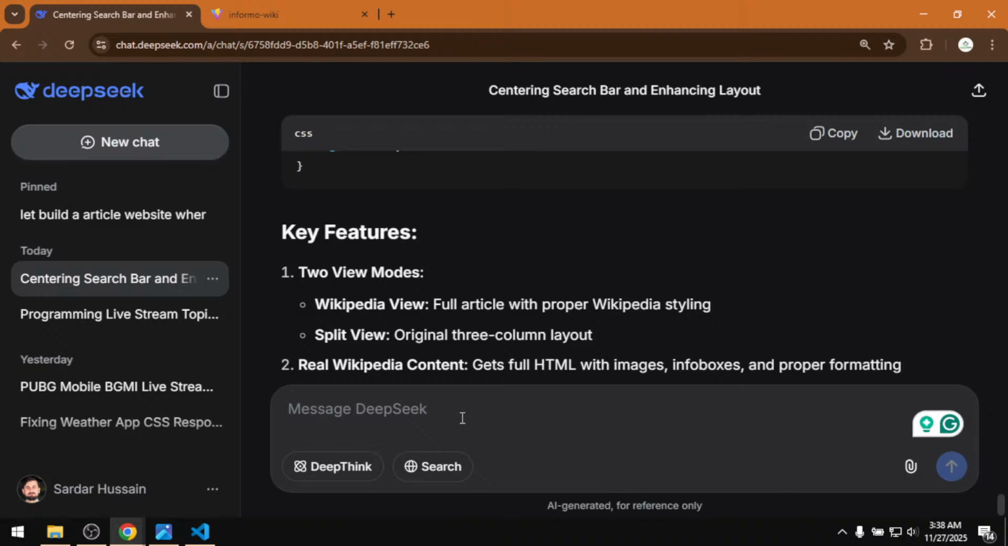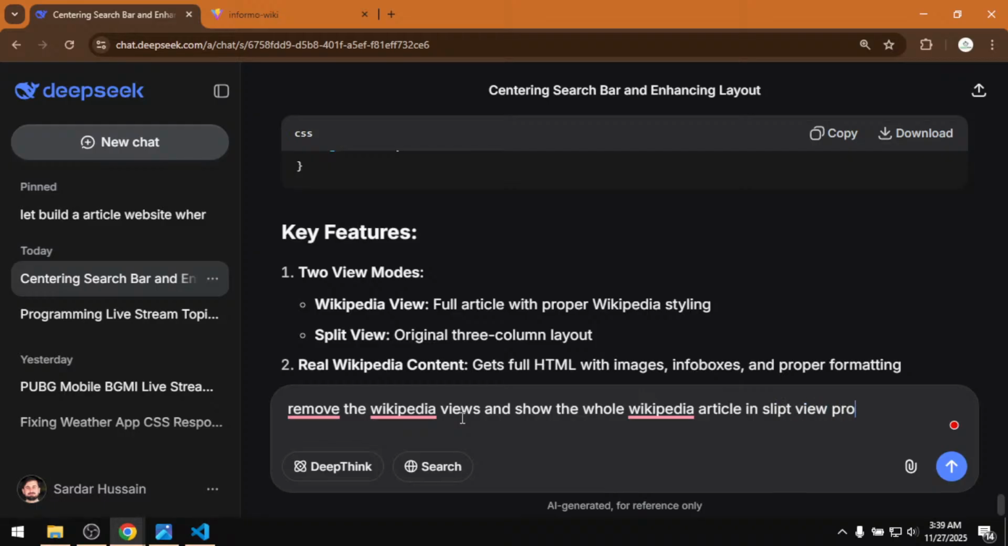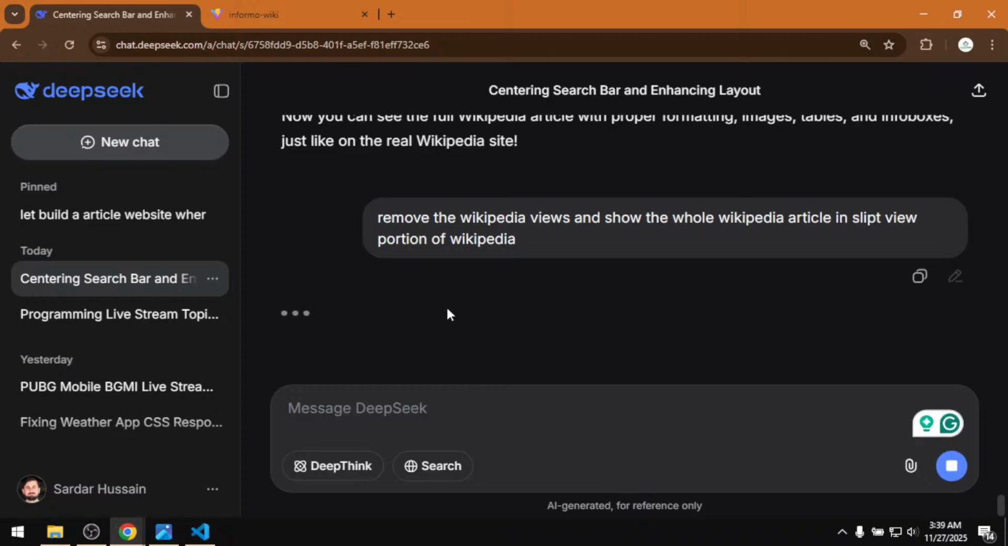Let me tell it to remove the Wikipedia view and show the whole Wikipedia article and split view portion of Wikipedia. It's gonna be the last update. After this, I will stop my stream